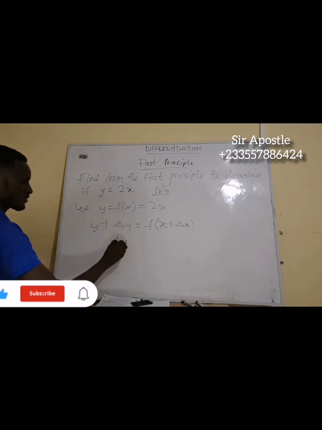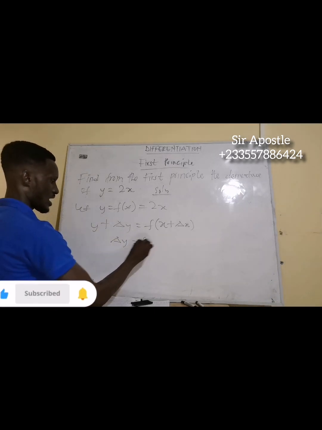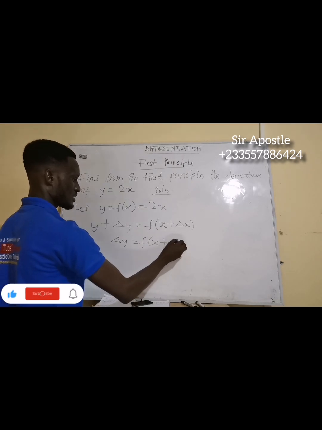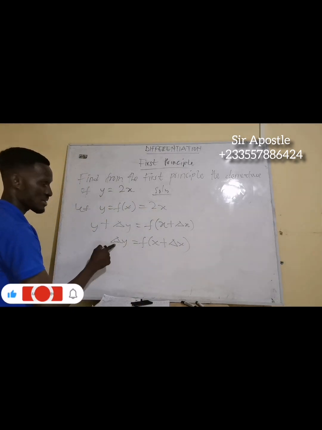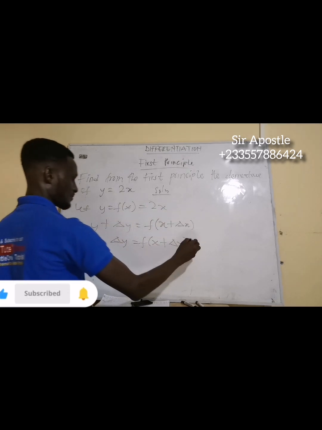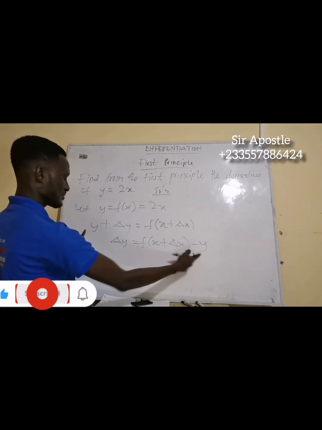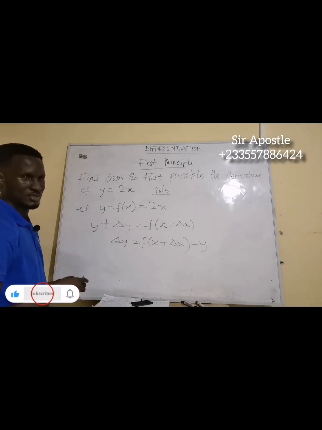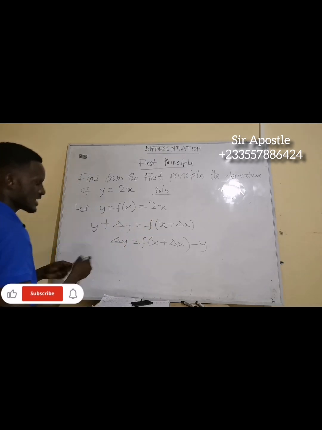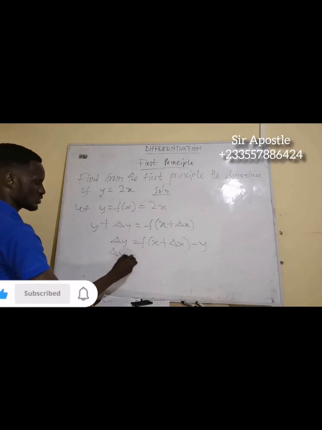Now, we are going to have something like this. Change in y will give us f of x plus change in x, and I'm grouping it like this because I'm making the change in y the subject. Now, what is y? y is the same as f of x, which is the same as 2x. Understand? Now let's move on. We have change in y is equal to